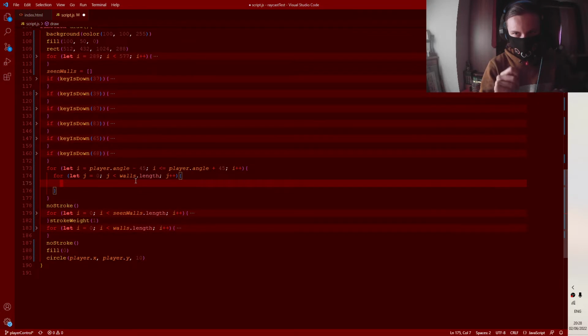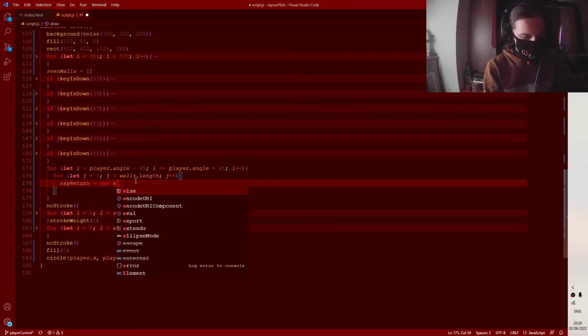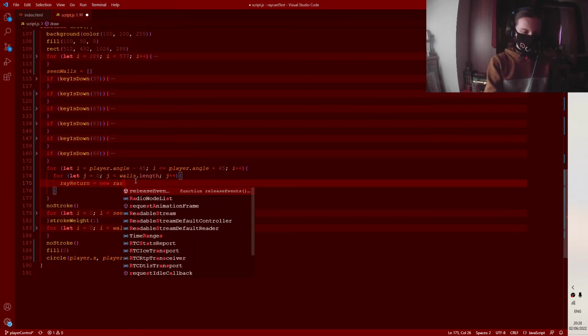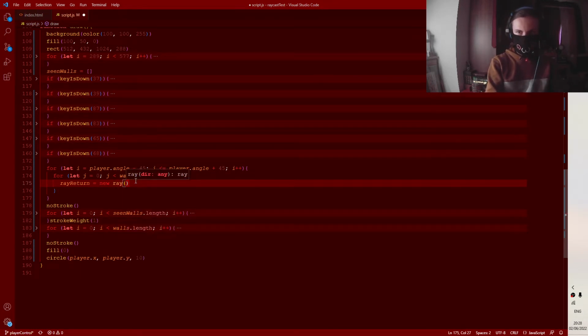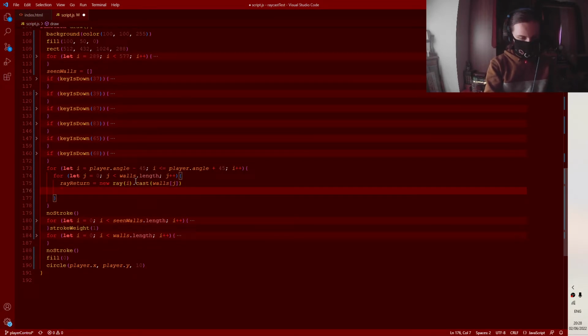And then in here we need to go, wait, what was it? Ray return equals new ray here needs to be the ray with the angle of I and the return of its cast function with current wall J. And then scene walls, which is